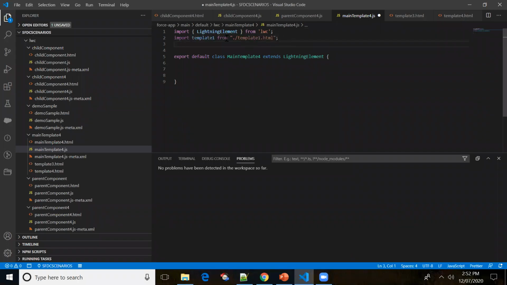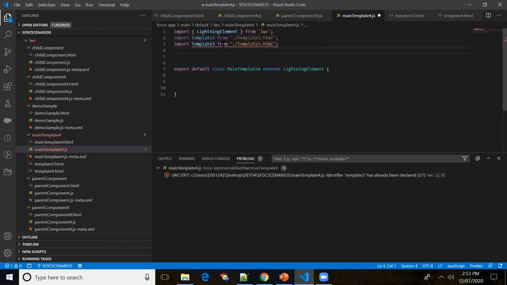What was the template name? Template 3. Let me copy it. Let me import one more, template 4, template 4.html.